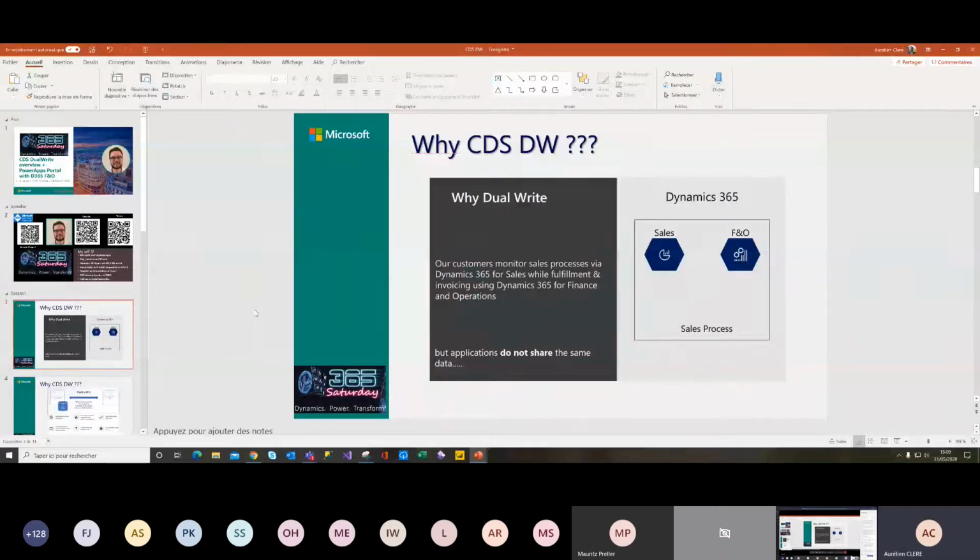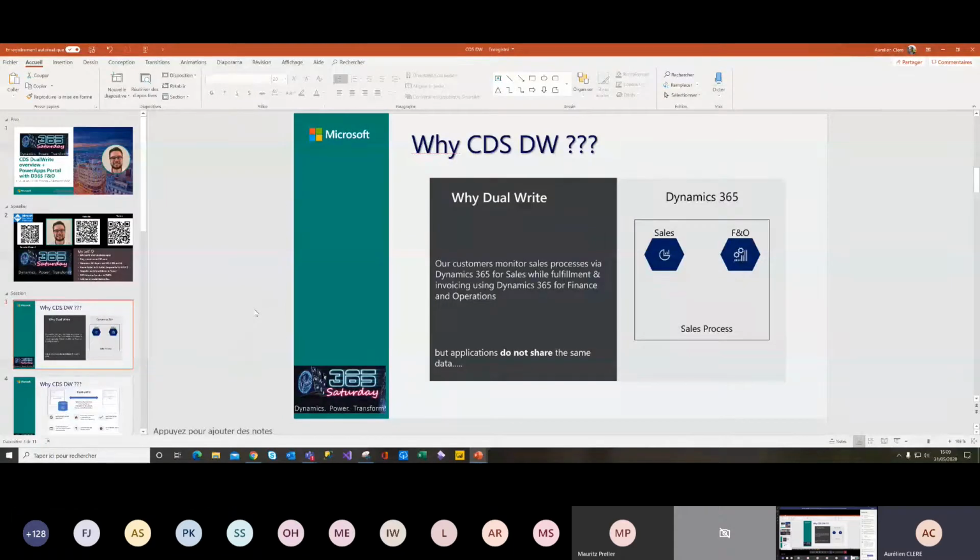Still, it's very important, because in the ecosystem you can have the CRM, your ERP, your field service, your customer service, every app of Dynamics 365, and behind that you have the CDS, your own database, and you will see that the Power Platform is really integrated, of course, at first with the CDS.